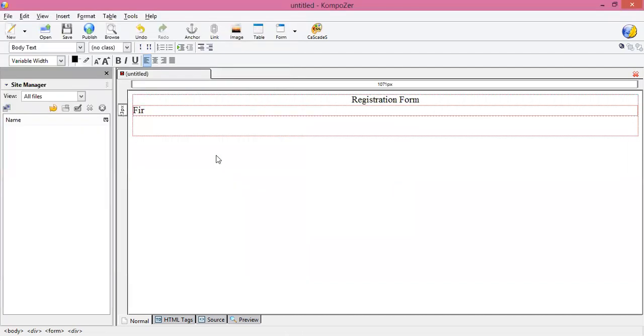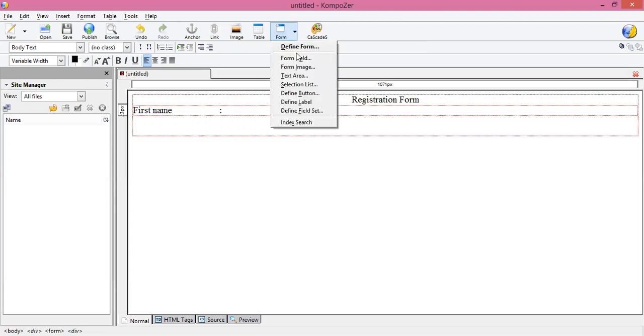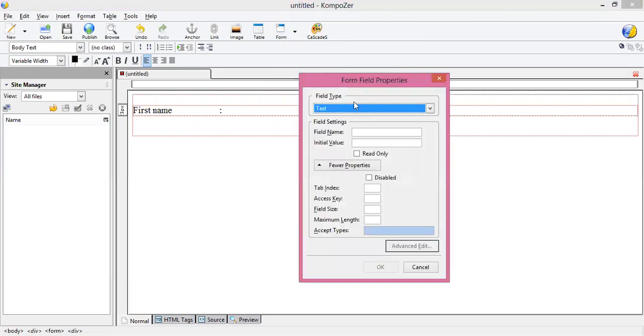Now I write down here first name, then give the tab, again tab, take here form field, text, field name, which is FN, initial value, enter your first name, then click on OK.